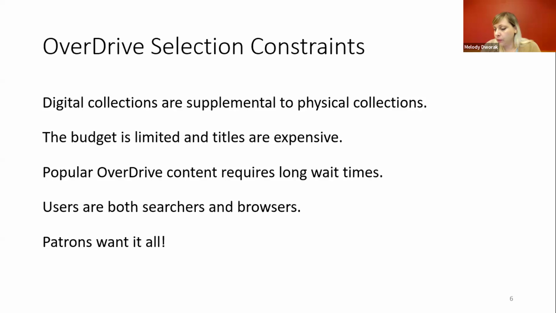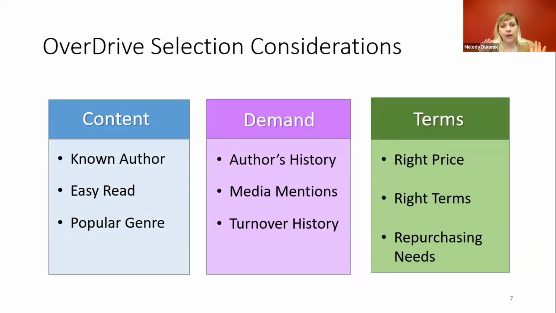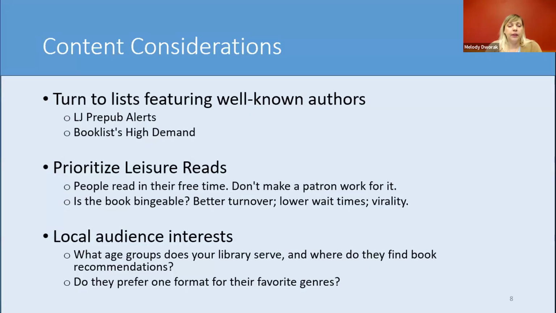And going on to how I think about buying. So I divvied up my decision making into like 3 different buckets. Let's look at the content of what's in the book. We'll look at the demand, and that we can figure out with some numbers, and then we'll look at the terms. So what is the publisher asking for? Do we want to agree to those terms, and will we have to spend a lot of money to keep this book in our collection? So going into that a little more deeply, and like I said, I wrote everything out so you can just have the PowerPoint and read through it later if you miss something.